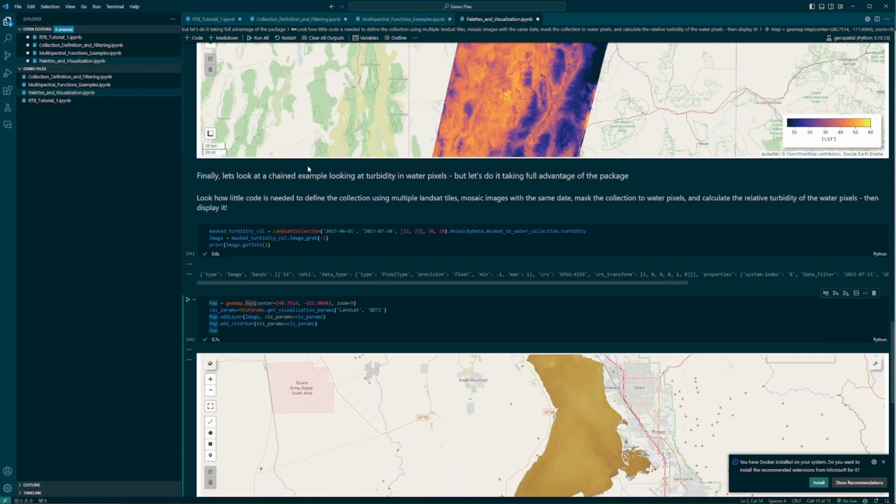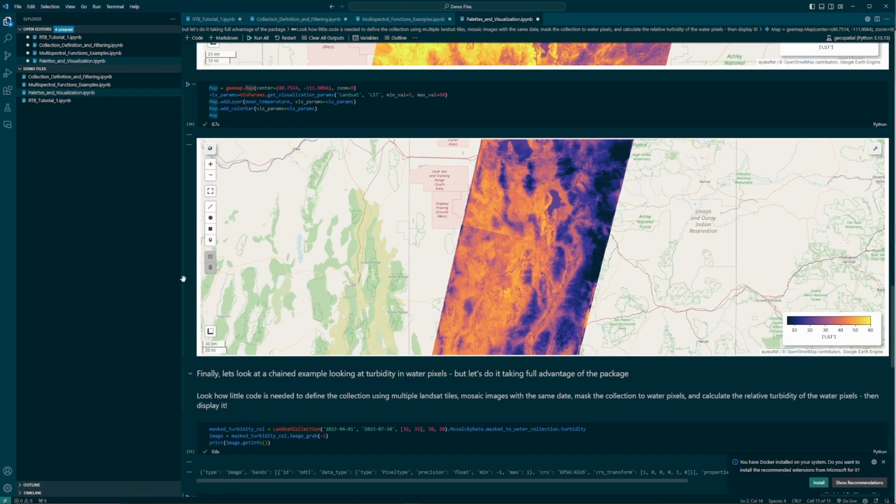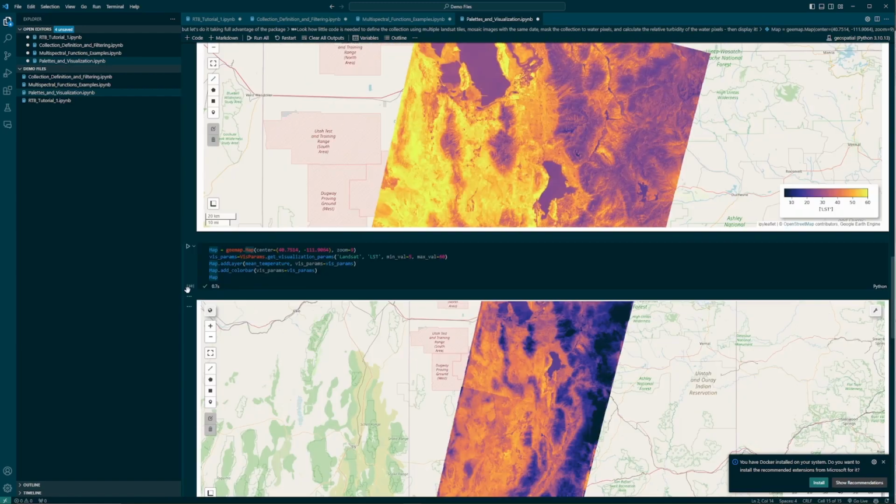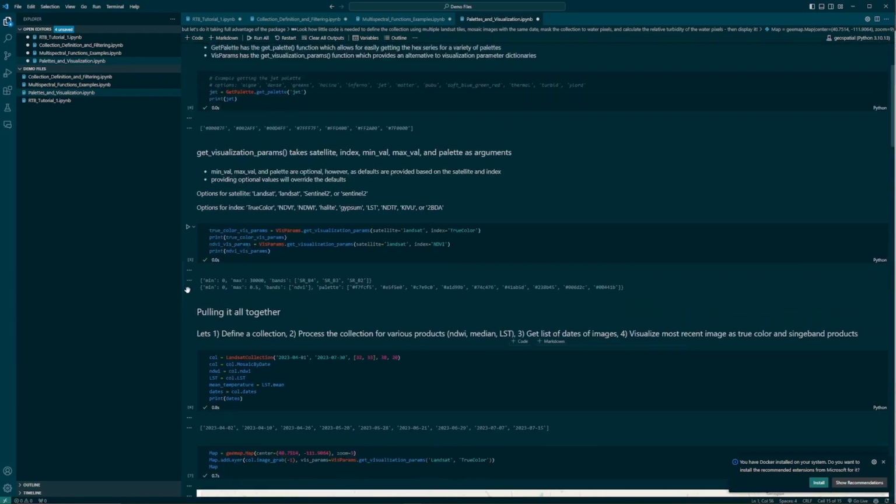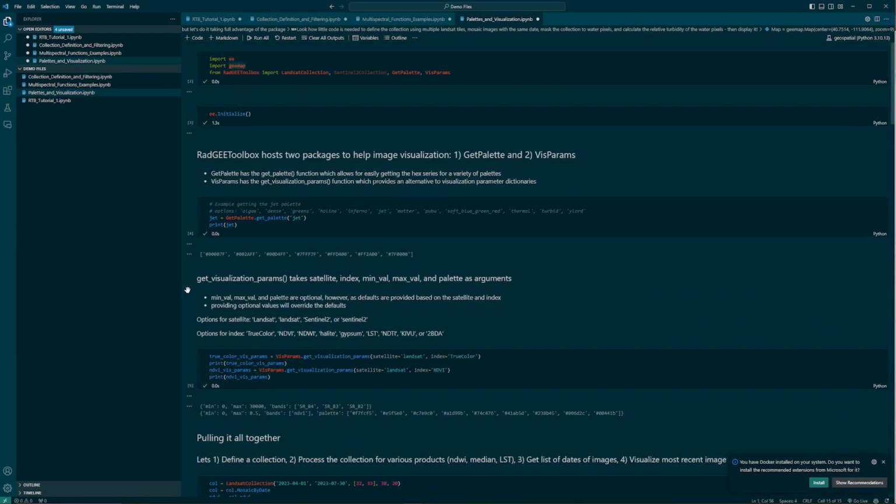So yeah, this is just kind of showcasing that it works really well with straight up Earth Engine API data, but also interfaces very well with Geemap. And I hope this has helped give a good background and motivation of why you might want to use this package and how to use it. And in the future, I hope to put some more videos up that go over some more functionality and more so showcase